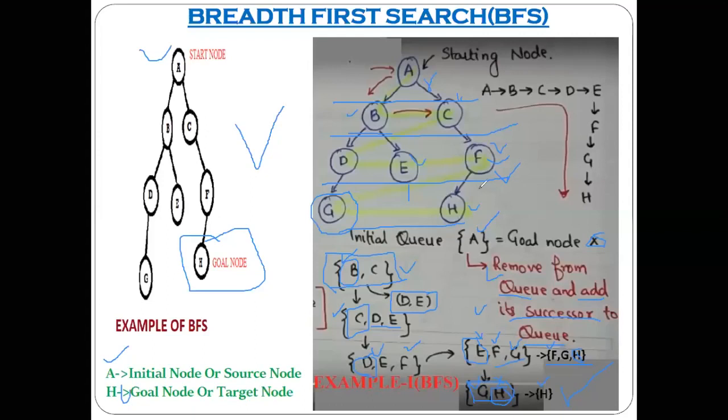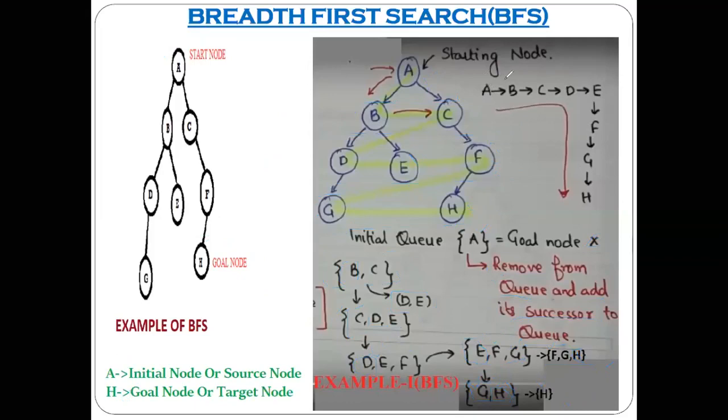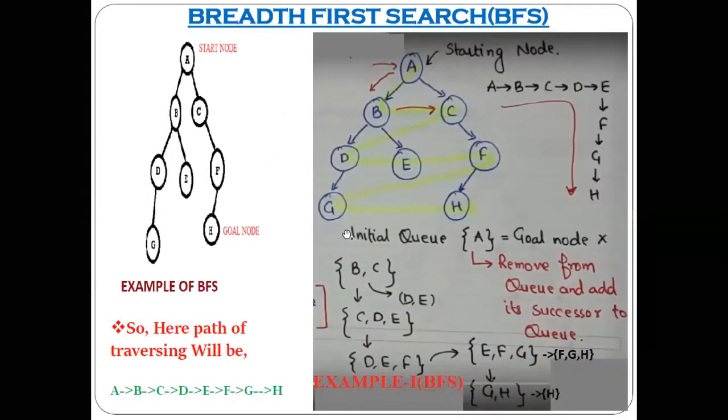Yes, sir. Now, one disadvantage in this case is what? You have to explore each and every child or each and every node. So because of that, the memory requirement slightly increases as compared with the depth first search. Okay. Let's see the next part. You have to draw the traversing path also. How have you got the solution here? Here is nothing but our path.